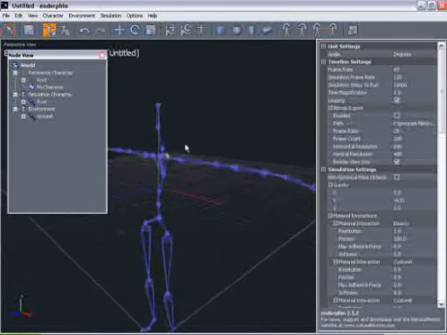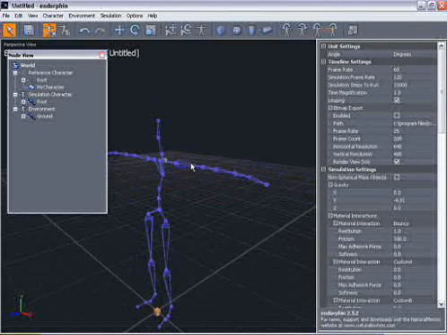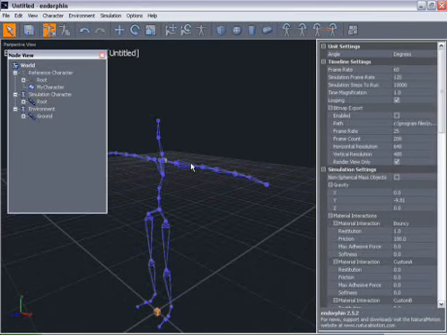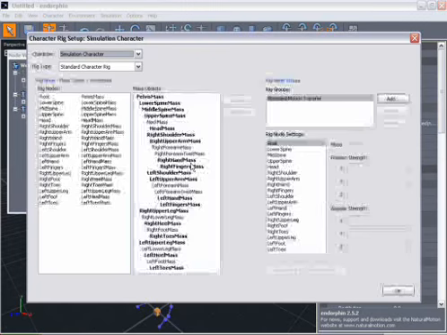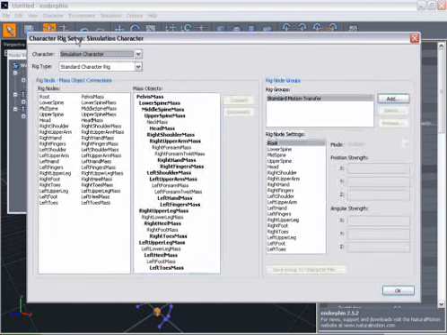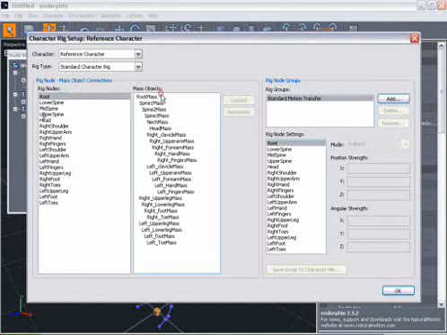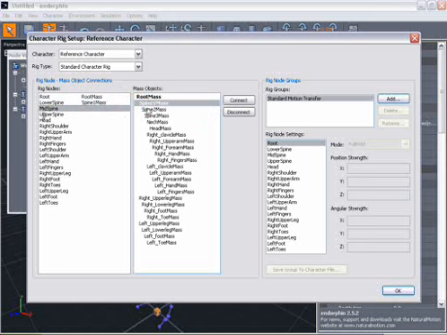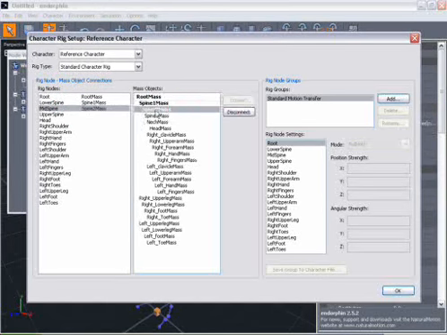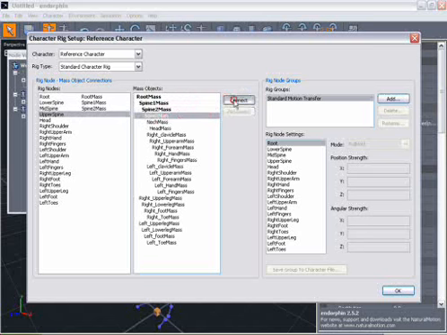So once you've done that, all that's left to do is make the connections in the character rig setup, so then you can transfer motion from the reference character to the simulation character and then have him within the simulation. So we can do that. Hotkey C will bring up the character rig setup dialog. We then go to the reference character and just fill out these connections, the same as before in the basic tutorial. So lower spine, mid spine, so we have a mid spine this time, spine 2, spine 3, head is head,